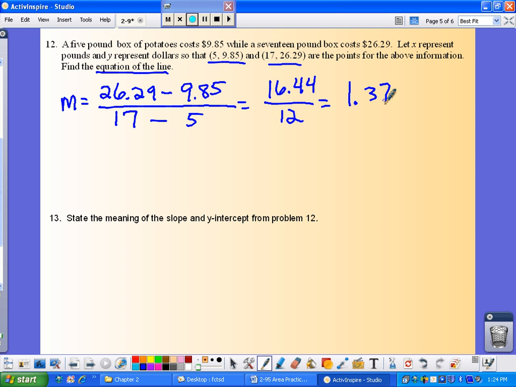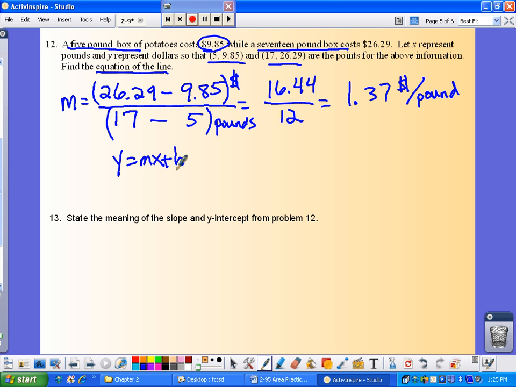And if we keep track of units, on top the units were 26.29 and 9.85. I think they were dollars. And on the bottom, well, it says 5-pound box, so that's for that 5, right? And it says 17-pound box, so on the bottom I have pounds. So this is $1.37 per pound. So to find our equation of our line, y equals mx plus b, and subbing in,